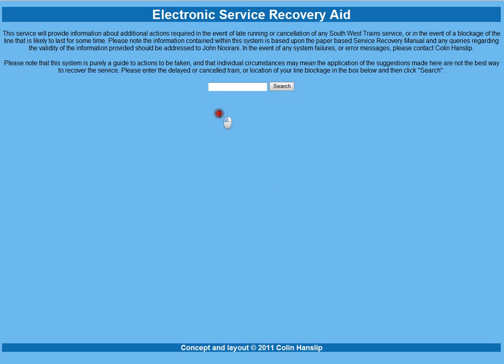This is the electronic service recovery aid, something that I had an idea for while working for South West Trains as a route controller in their control room at London Waterloo Station. As a route controller, you are responsible for dealing with disruption to the train service, whether that's trains being delayed or lines being blocked and therefore preventing trains running due to a number of different reasons that can crop up